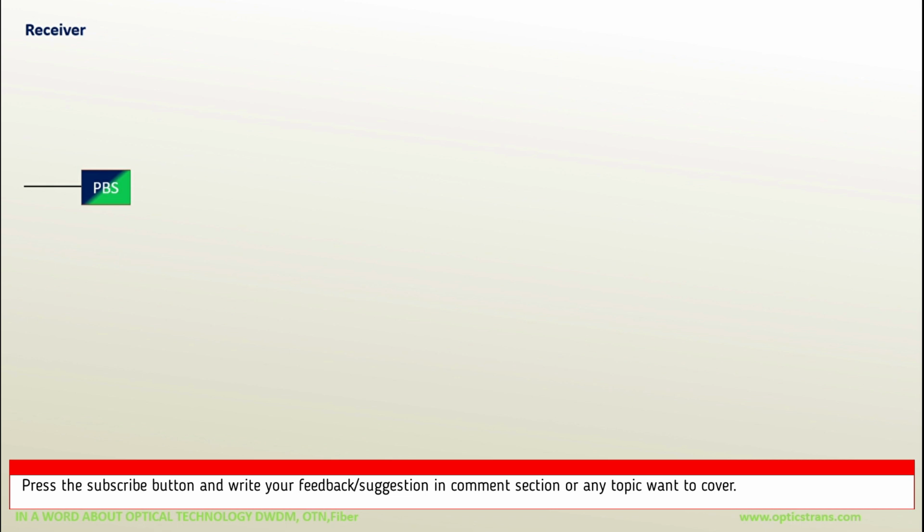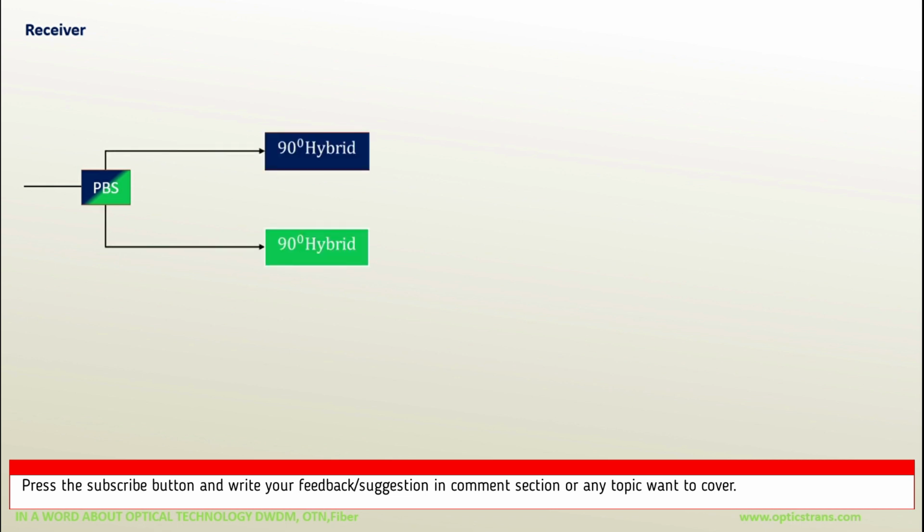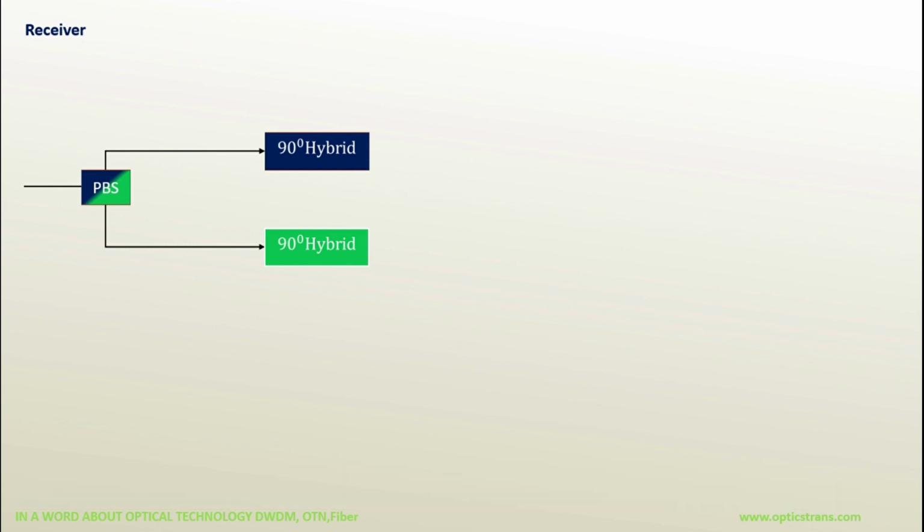Then each component is passed to a 90-degree optical hybrid circuit. Each optical hybrid consists of a 2 by 2 optical coupler with a 90-degree phase delay function implemented on one arm of the coupler. And we are using the local oscillator laser to generate the interference, which is used for the extraction process facilitated by the oscillator laser for coherent detection.